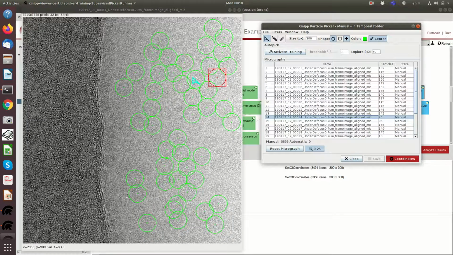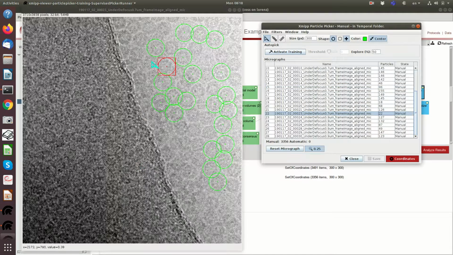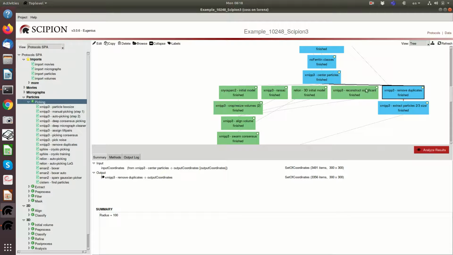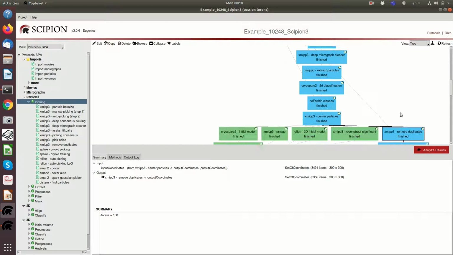It is interesting to see what the particles are in the low density picked micrographs. We see that we don't see badly picked particles. For instance, again, this one is probably in a thicker area of the ice, and you can see this one too. So this is a pretty decent job. Okay, so this is our particle selection,